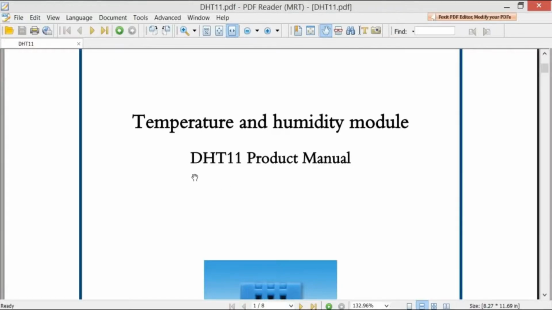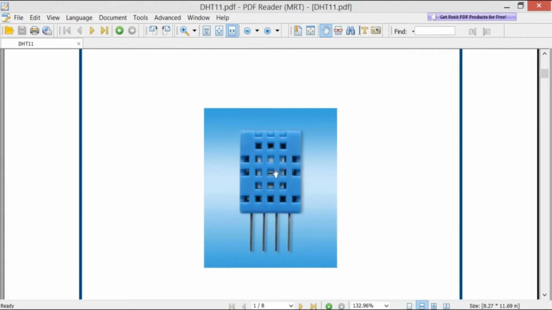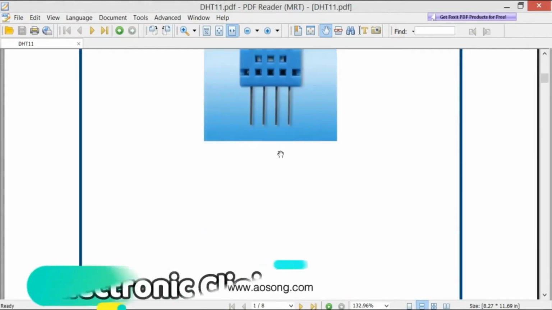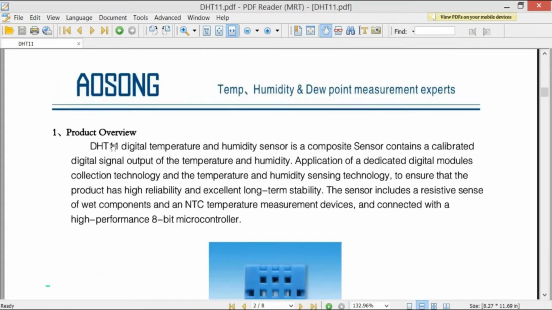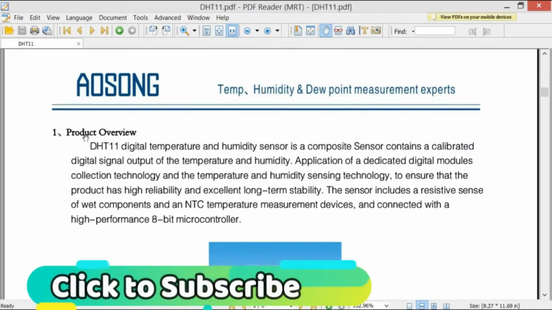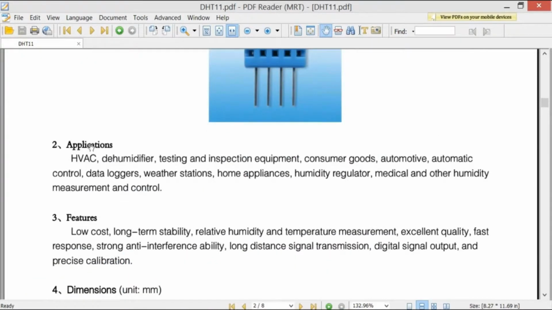Let's start with the datasheet of the DHT11 temperature and humidity module. This is the temperature sensor that we are going to use today in this episode. This datasheet consists of all the information that you want to know about the DHT11, for example, its product overview, and number 2, the applications, which clearly explains where you can use this particular